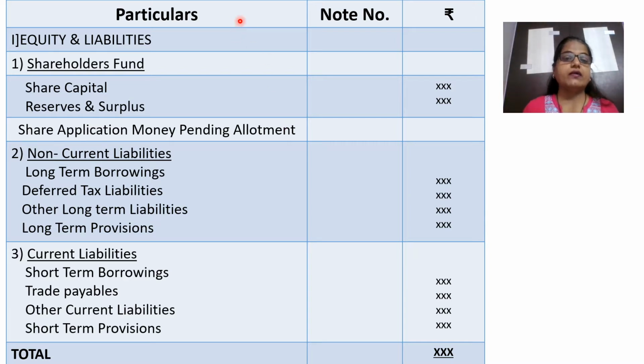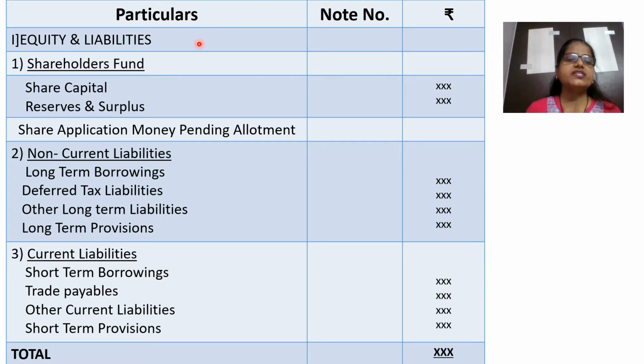Then the columns that we require for this balance sheet, very simple, only 3 columns we require. One is the particulars, other is the note number, and next is the rupees. तीन ही कॉलम हमको लगता है, particulars, note number, rupees. Sometimes you can prepare 2 columns for rupees if you have to show some amount in inner column and some in outer column, but it is not at all mandatory. These 3 columns should be there, particulars, note number and rupees. So it is very simple, 3 ही column करना है. Which 3 columns? Particulars, note number and rupees.